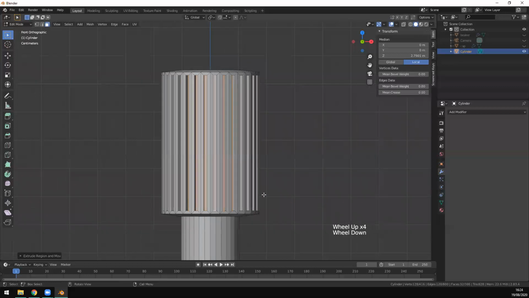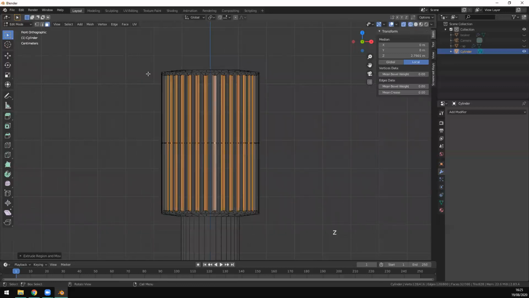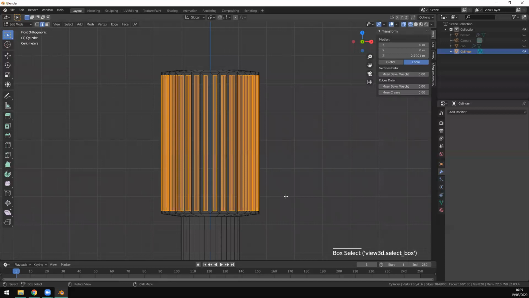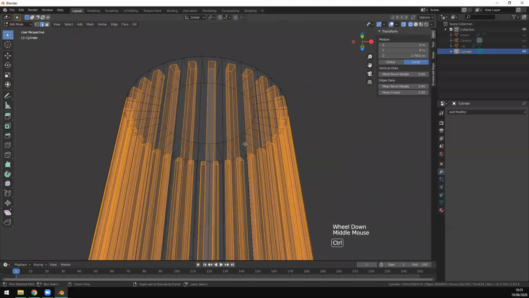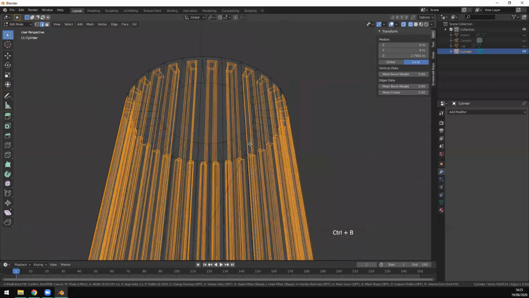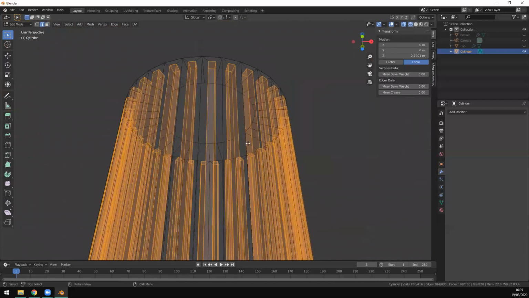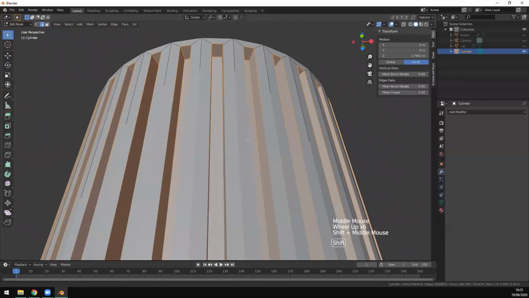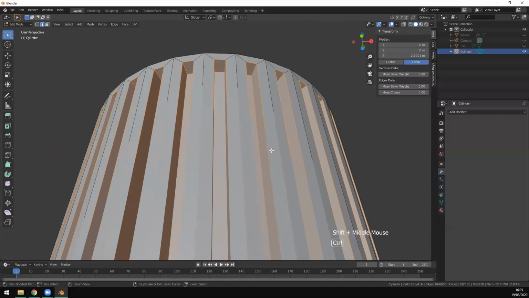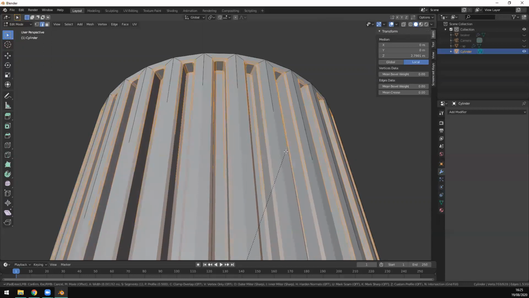Let's go into wireframe so we can select all of the faces. Let's go into face select. Let's select all of these edges. And let's zoom in a little bit so we can see what we're doing. And let's press Control B to add a bevel. Let's go into solid shading so we can better see what we're doing. So again, this selection is good. Let's just press Control B and just pull it down a tiny little bit